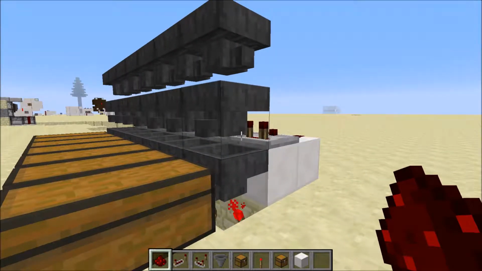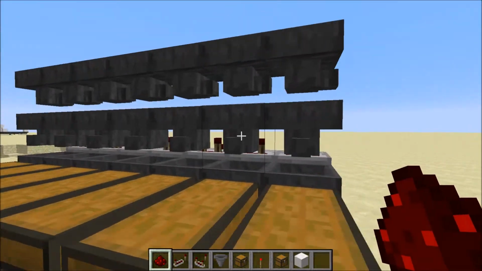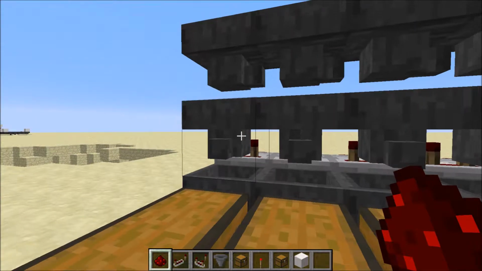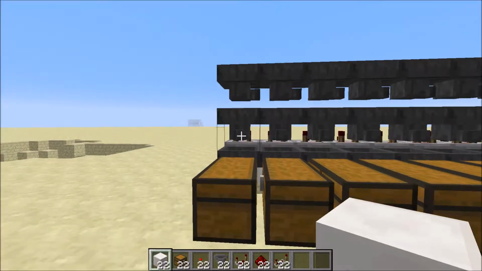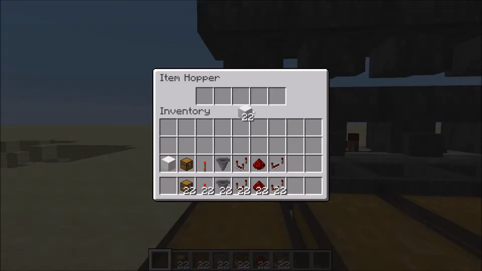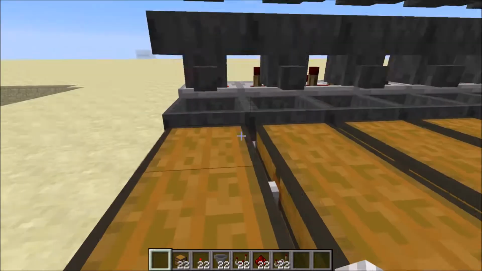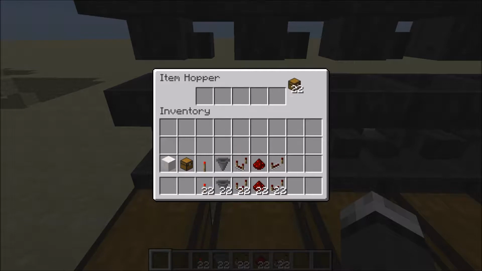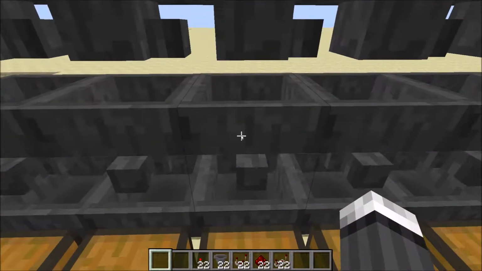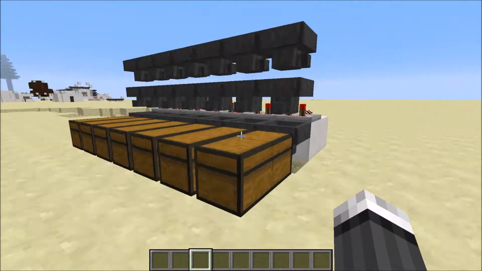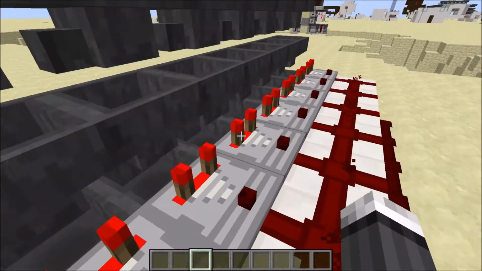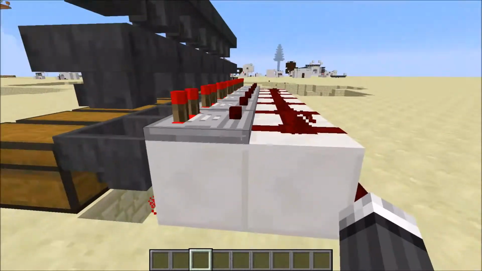So now all you need to do is fill up these hoppers with the item you want. Alright, so for each hopper you're going to want to put a line of items along the whole thing, and then make sure there's 18 in one of the spots. And do the same thing for all of them. Fill up everything with 18 in one spot. Now that you've done that, you should see that all these comparators will be lit up, and now you're ready